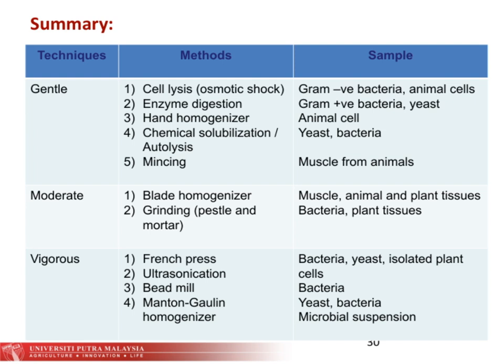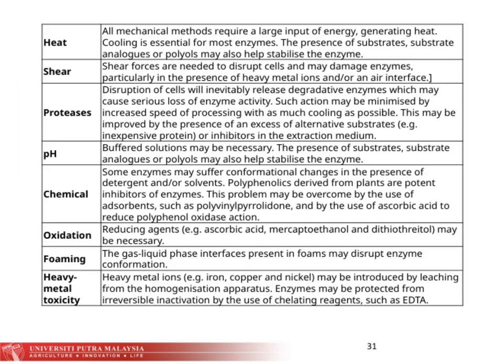in many biotechnological applications. Let's take a closer look at some of the practical considerations when working with enzymes. First, heat is a major factor. All mechanical methods generate heat because they require a significant input of energy, and this heat can affect enzyme stability. That's why cooling is so essential during processing. Additionally, the presence of substrates, substrate analogs, or polyols can help stabilize the enzyme, making sure it remains active and effective. Moving on to shear forces, these are necessary to disrupt cells, but they can also cause damage to the